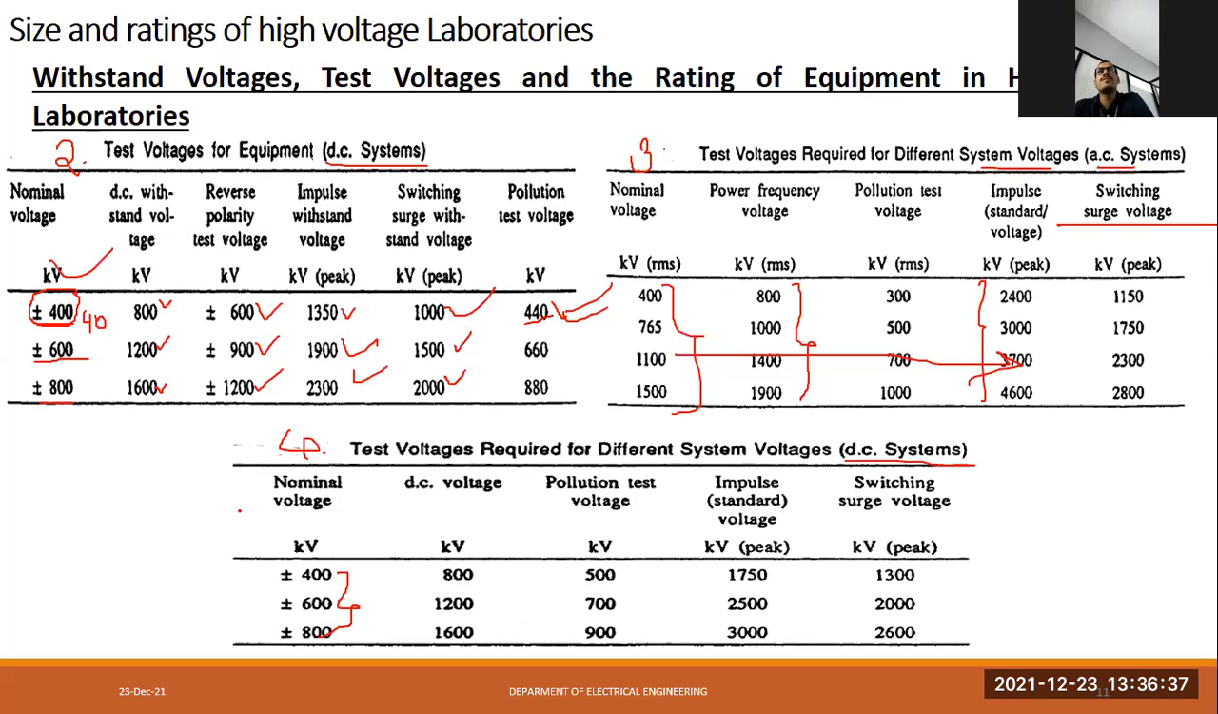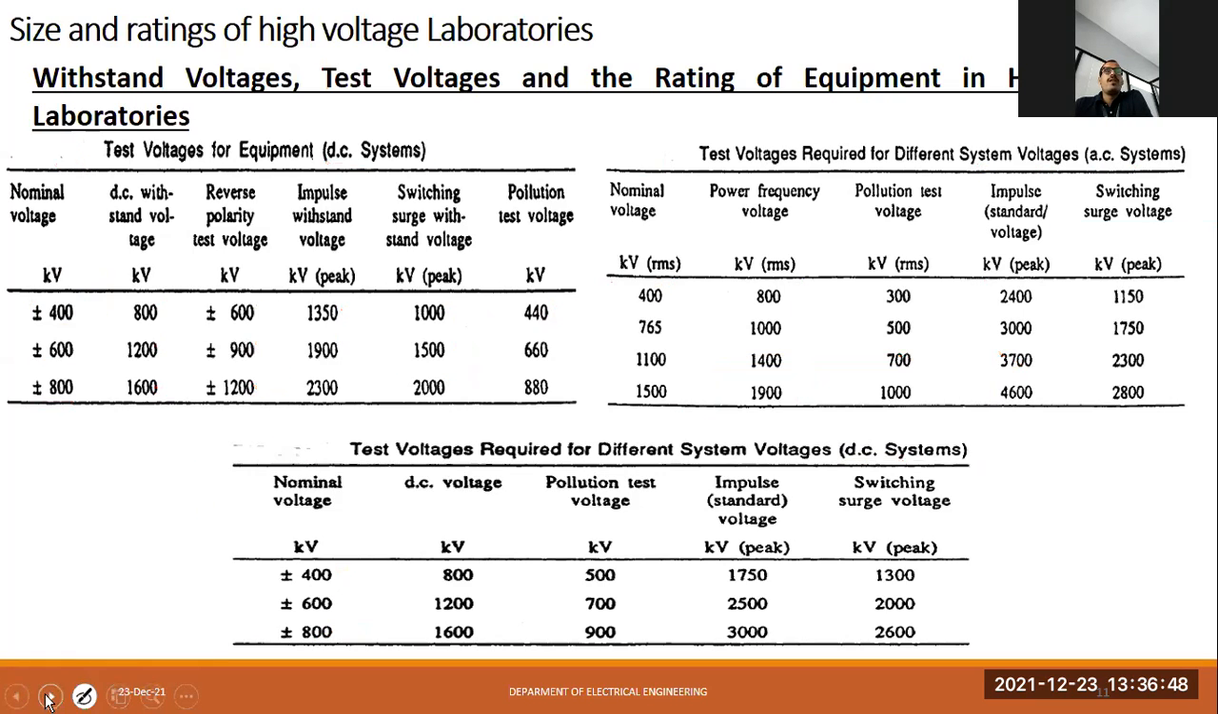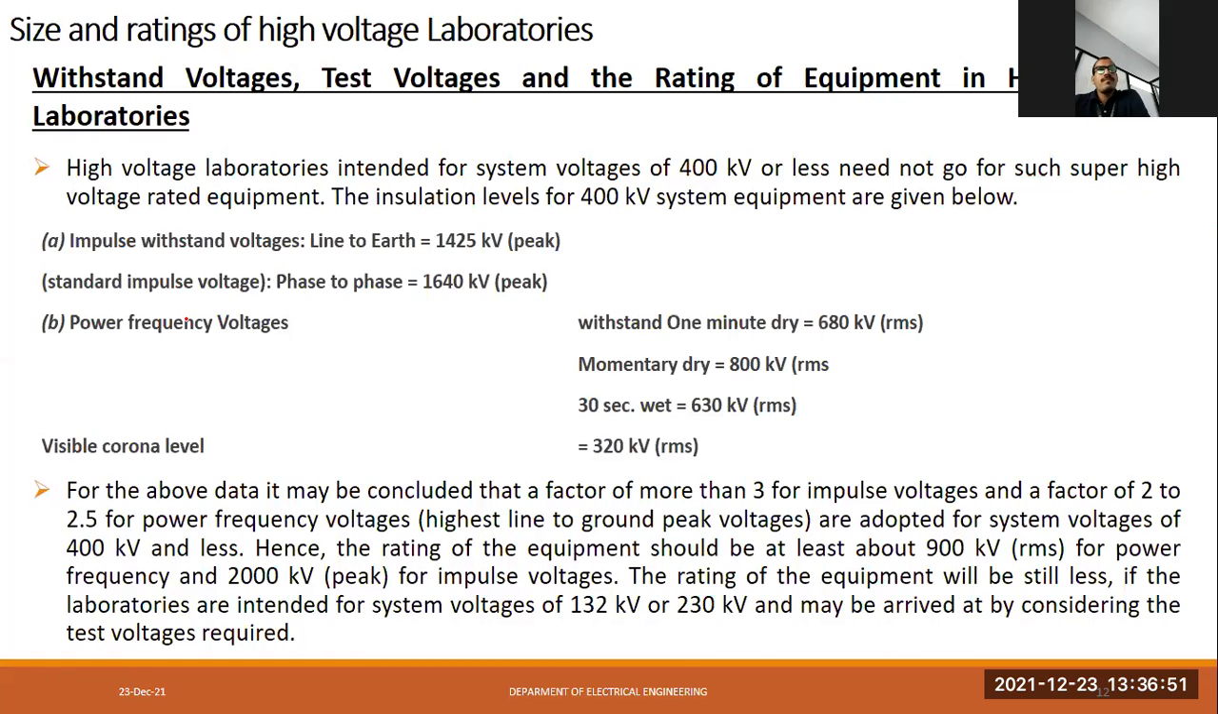So all those tables we have discussed here for the withstand voltage, test voltage, and the rating of the equipment which has to be used in high voltage laboratories. Whatever high voltage laboratories we are discussing, they have to be intended for a system voltage of around 400 kV or less, since extra high voltage rated equipment is necessary. So in such cases, whatever insulation levels need to be had for this 400 kV system,